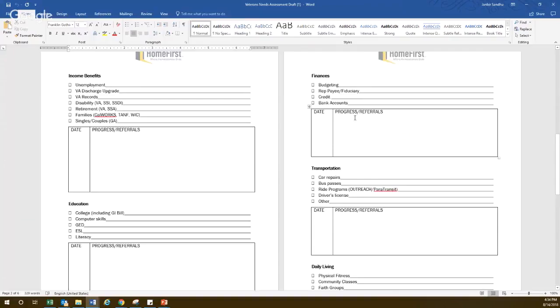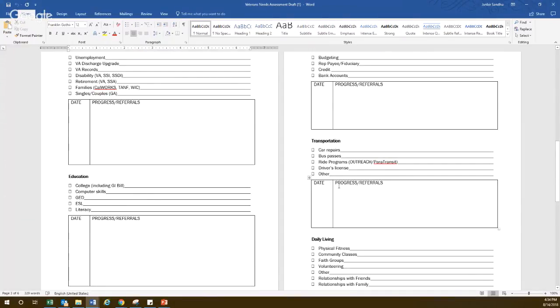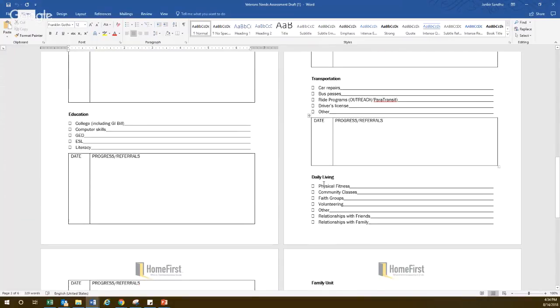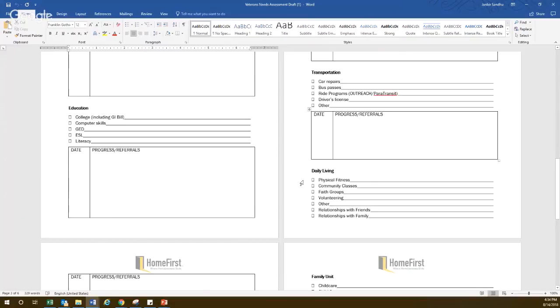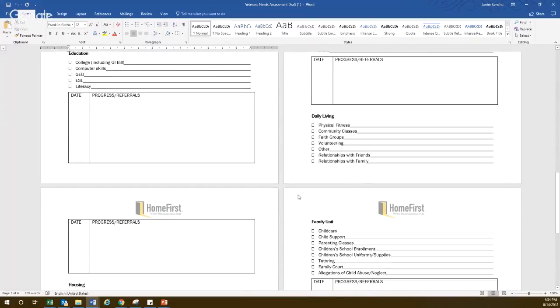Do they need help with budgeting, or have a representative payee or a fiduciary, or opening up a bank account? Transportation: taking a look at car repair or bus repair, or do they need driver's license assistance or transportation in the form of bus passes or things like that. Daily living: what's important to them and what do they need help with, and getting community classes, fitness classes, volunteering,